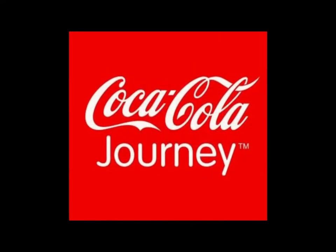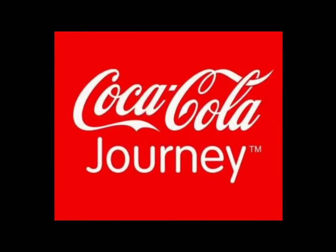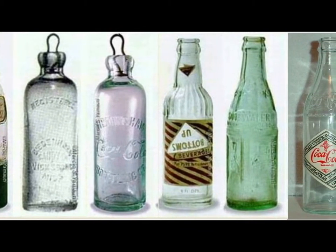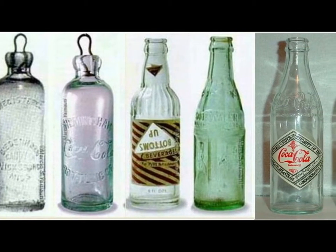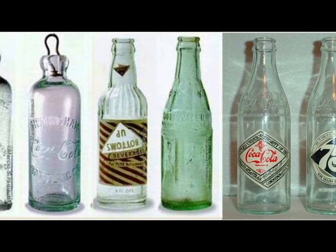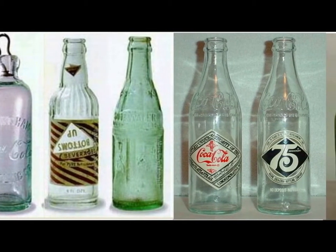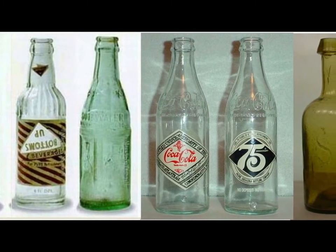In 1913, the Coca-Cola Company sent a directive to all its bottlers. The Great Bottle Sweepstakes invitation was sent to more than 30 glass manufacturers across the United States. The goal of the sweepstakes was to design a bottle that would identify its contents as uniquely and unmistakably Coca-Cola. The design that gained approval would be used as the exclusive container of the beverage, to be uniformly adopted by